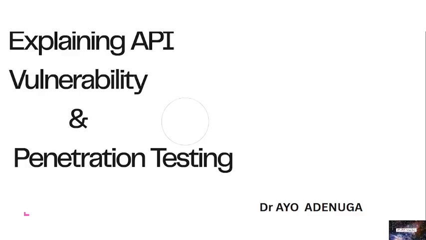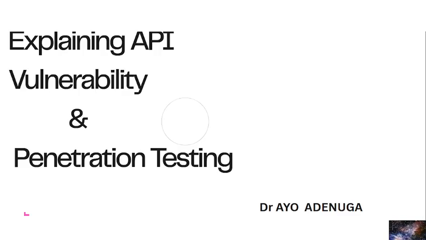This is day one of our series on API security, and I'll be explaining API vulnerabilities, and penetration testing will follow. So, what I'm focusing on today is explaining what APIs are and what API vulnerabilities are, what API security should look like, and I request that you join me tomorrow